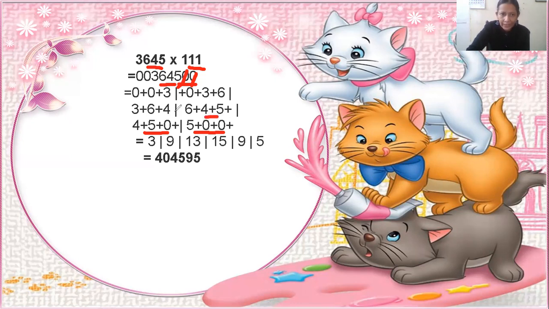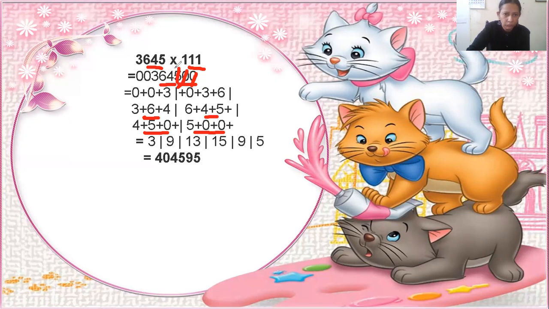Now you put a slash again and ignore this 5 also. Okay. Now you see, after ignoring 5, what are the next three terms? You look here, 3, 6, 4. These are the next three terms. So I have done here 3 plus 6 plus 4. These are the next three terms.